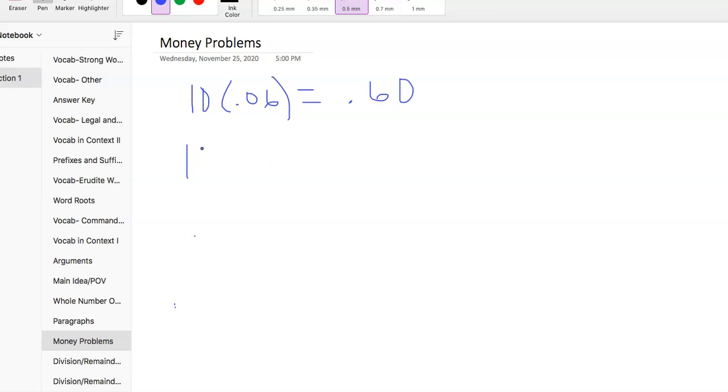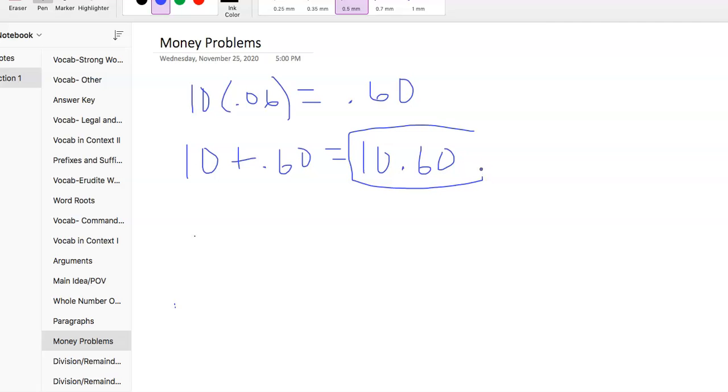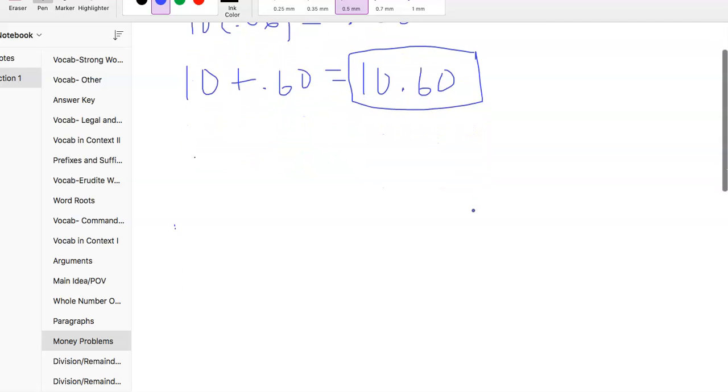And so again, 10 was the cost of the sandwich plus 0.60 equals 10.60. That will be one of your answer choices almost for sure. But we haven't answered the question yet. We're pretty close, but it said she paid with a $20 bill